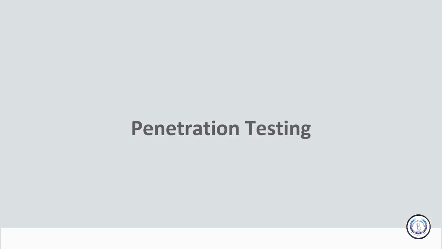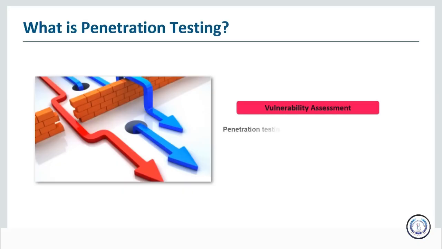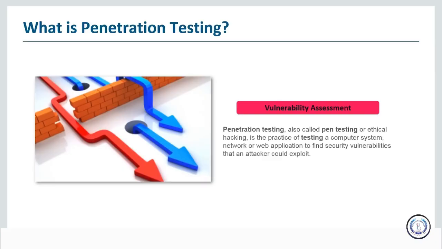Okay, so in this lesson, we're going to be talking about penetration testing and some of the details around how it works and logistics, and specifically things like scope. So what exactly is penetration testing? Well, not surprisingly, it's testing to see if you can penetrate something, which means you're going to check to see whether you can break into a particular thing, whether it's a server or applications, depending on the type of engagement you've got. You may have the ability to try to break in physically to a location, but primarily what you're going to be doing with penetration testing is trying to break into systems and networks and applications, and that's what it's all about.